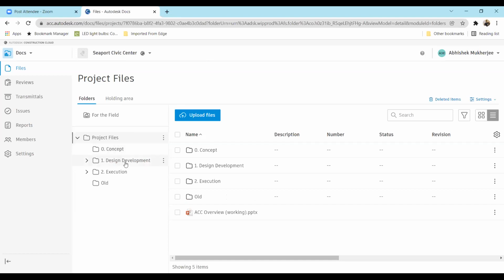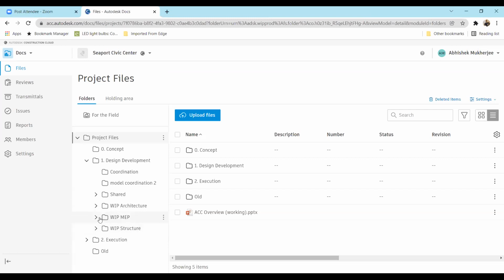Now, whenever we talk about the design development folder, usually this is the place where everyone, or basically all the consultants, are actively involved in the project. So maybe in the concept stage, only the architects are there. And then in the design development stage, the MEP consultants, architects, interior consultants, landscape, project managers, everybody gets involved over here. Even the vendors are involved. So at that point of time, we create, as per ISO standards, work in progress architecture, work in progress MEP, and work in progress structure folders. These are the basic folders which we create.